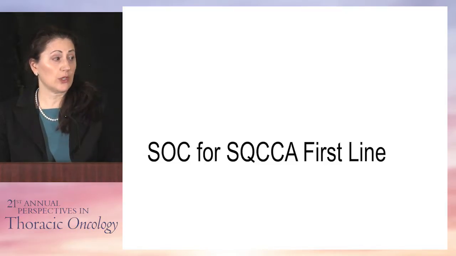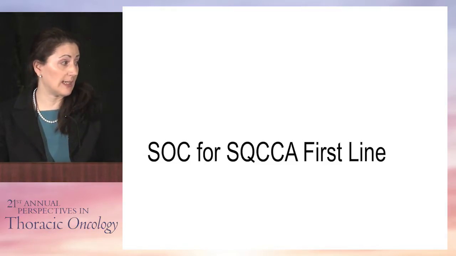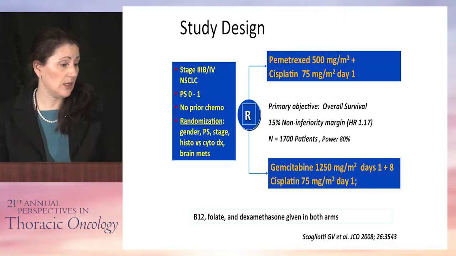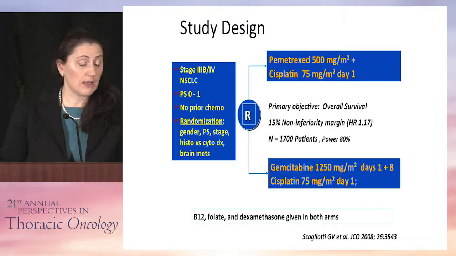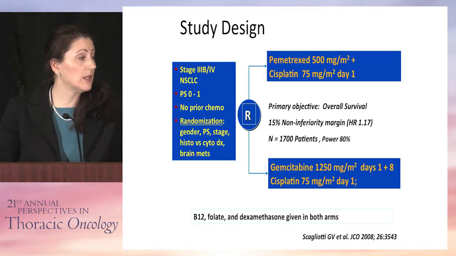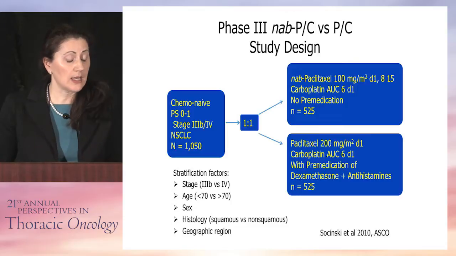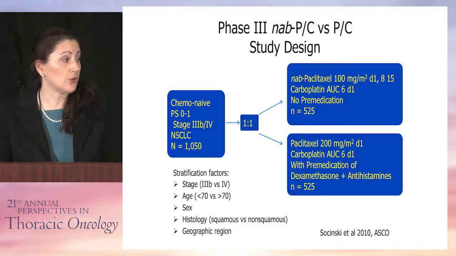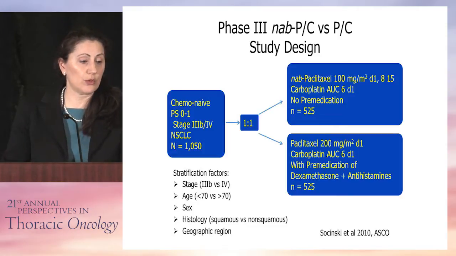So what is still the standard of care for squamous lung cancer? It is chemotherapy. And I'm going to go rapidly through the different trials that have looked at that. So we can use a combination of platinum, that being cisplatin or carboplatin, with gemcitabine. Taxanes are also very frequently used, and this data with nab-paclitaxel from 2010 established the use of nab-paclitaxel in this